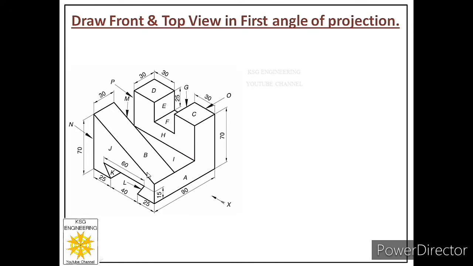Now, if we have these categories in a particular object, then our preference of drawing these faces will be, first of all, to draw visible faces. Out of visible faces, we will first draw parallel visible faces, then inclined visible faces. After drawing the visible faces, we will go for hidden faces. And in hidden faces, first preference will be to parallel faces, then to inclined faces.